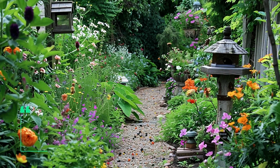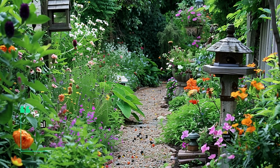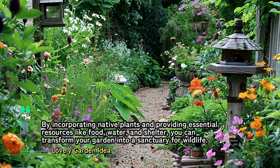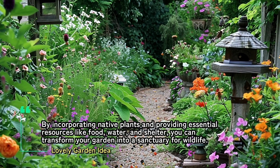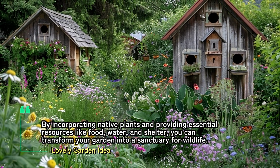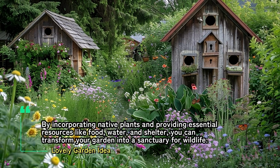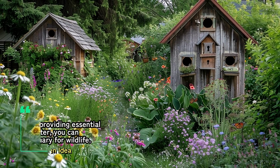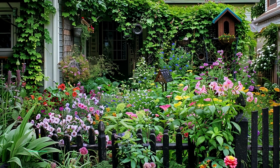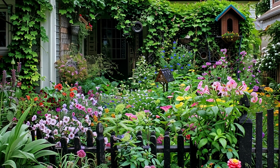Benefits of a bird-friendly garden. Biodiversity. Native plants support a variety of birds, insects, and other wildlife, promoting a balanced ecosystem. Pest control. Birds help control pests naturally, reducing the need for chemical pesticides. Water conservation. Native plants are adapted to local climate conditions, often requiring less water and